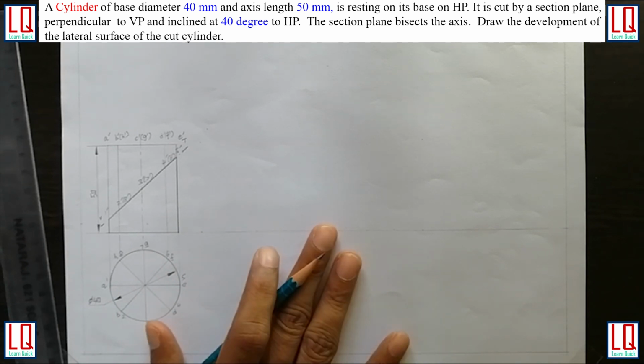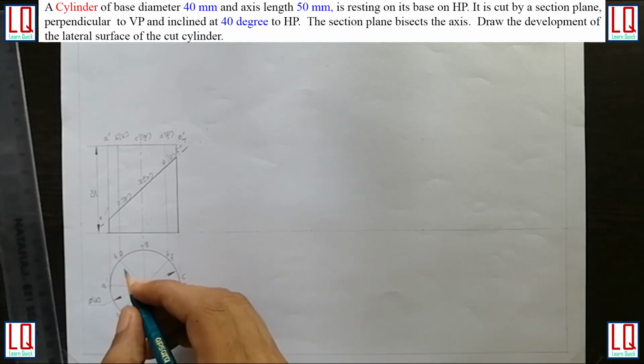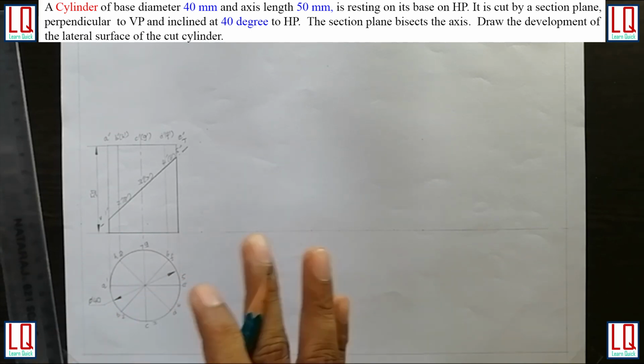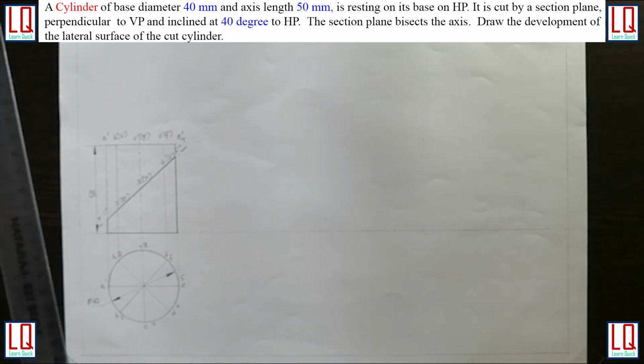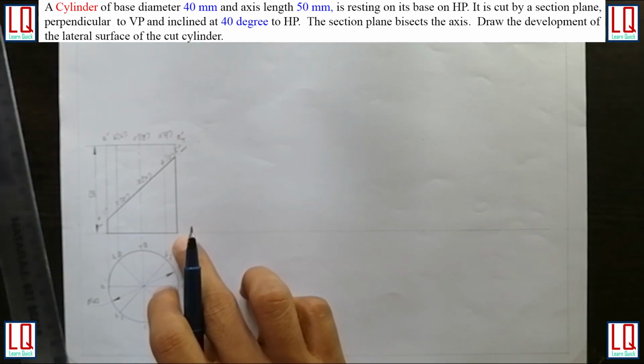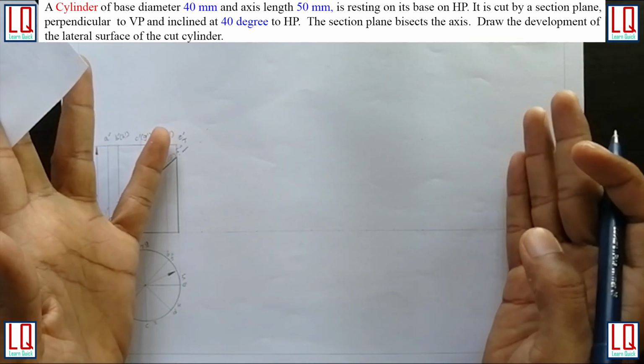Okay. So now this problem is development of solids. So if it is asked in the question, then we have to do hatching in our top view. Otherwise, no need to do the hatching. So we will directly go for the development. In this problem, we are going to follow parallel line development. So we are going to open the cylinder in this direction.